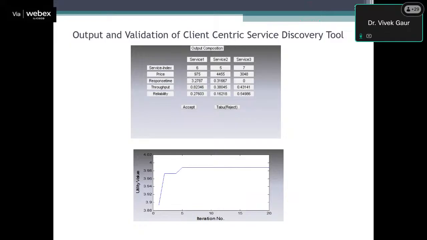Service 1, 2, 3 can be any cloud service or a combination of services, and according to the tool, they recommend that service index is 657. So for example, this says, as per the given QoS parameters or the weightage, I repeat, on the basis of the given quality of service parameter weightage by the end user,